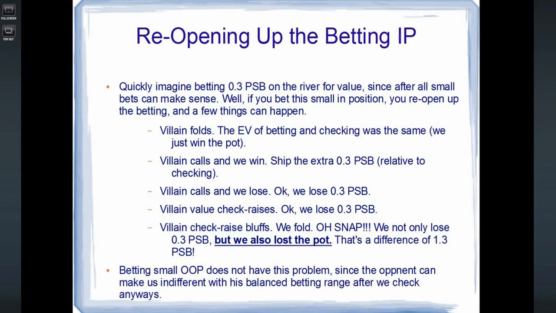Betting small out of position does not have this problem since the opponent can make us indifferent with his balanced betting range after we check anyways. So again, really, really small value bets out of position probably make a lot of sense on the river. On other streets too. I'm guessing when you're out of position, you're going to make really, really small bets in theory sometimes. It's just they're not that different from checking,